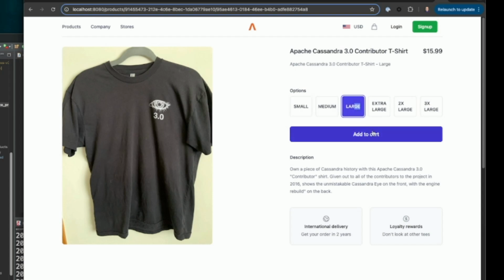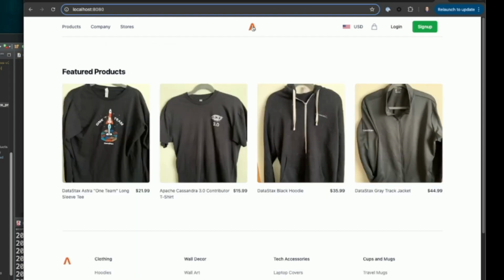I can pick my size, I can add to cart if I want to. But if I go back, it's these featured products that we're pulling out of AstraDB that we might gain some benefits by converting this subsystem over to use the Table API instead of Spring Data Cassandra. So let's take a look at that.